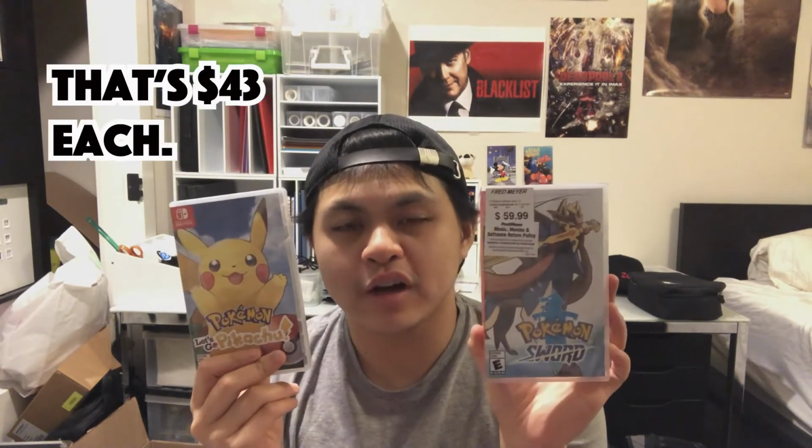And in addition to that, of course, as a Pokemon Go player and Pokemon fan, in November, Pokemon Sword and Shield was released, so I got the Pokemon Sword, and of course both of these were on sale, and I got both of these for actually only around $43,